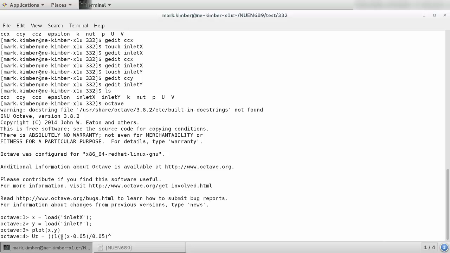We're going to raise that to the 4th power, and then multiply that by